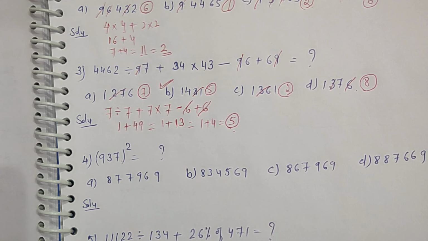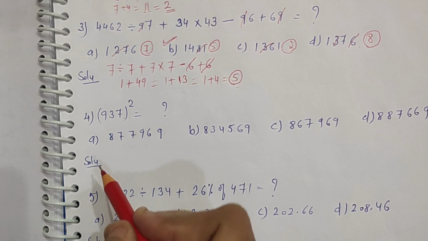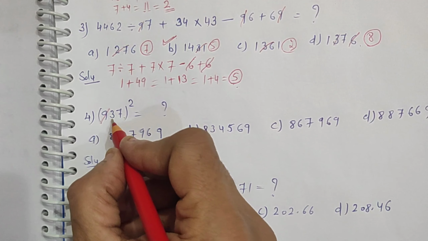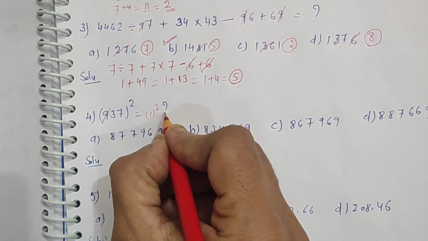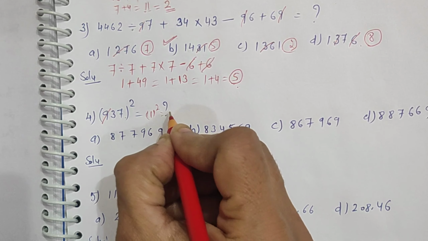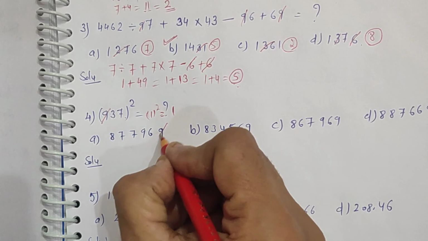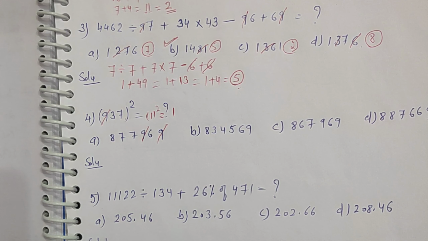Right? Now look here. One more question for you. Check this. 9 I will cancel. 7 plus 3 is 10. 10 means 1 plus 0, 1. So square of 1 you have to find. That is 1 only. Right? So check over here. 9 gets cancelled. Another 9 gets cancelled. Now go on adding the next digits and let us check which is the correct option